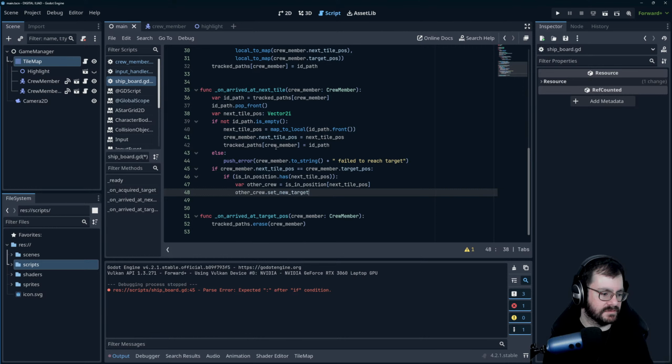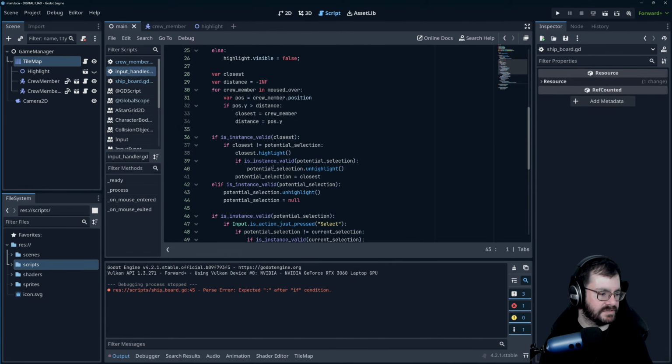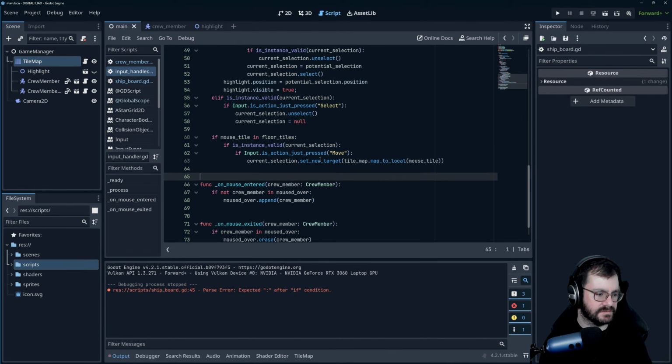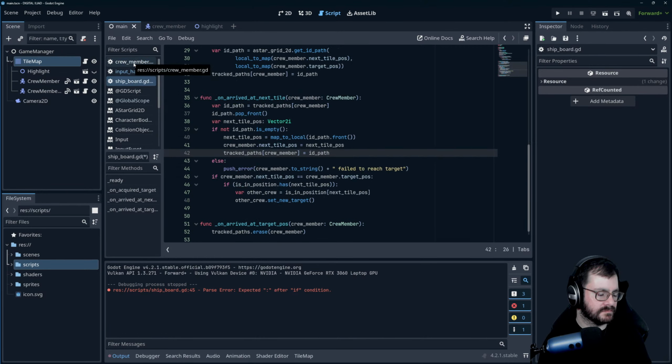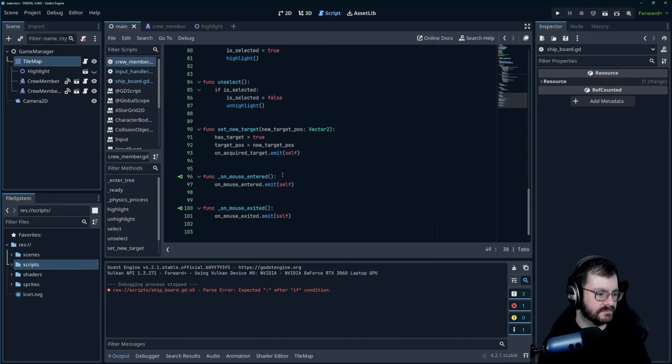We're calling down still, so we are their parent. And then to set new target, we changed that, right, to take a tile and not a position? Oh, no. So now it takes a position, not a tile. Okay. It could very well take a tile, but